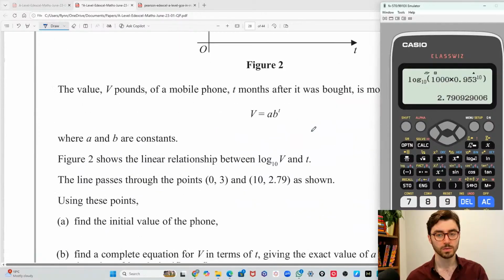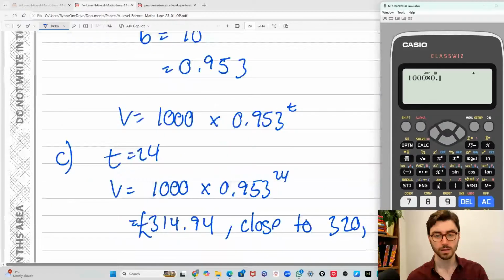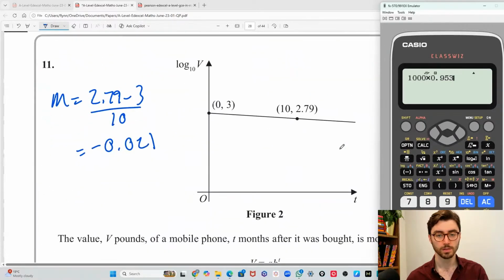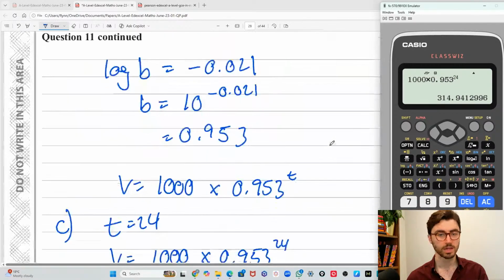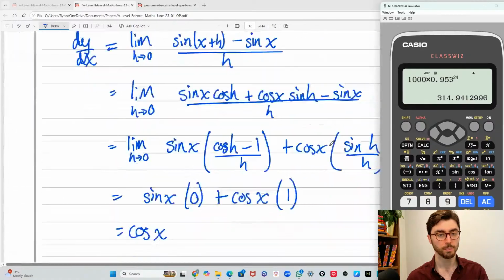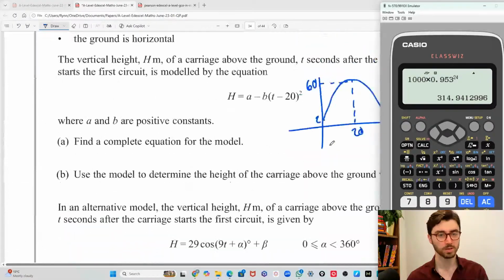So V is 1,000 times 0.953 to the, what did I say, 24? Is 315, which is very close to the 320, so good. Yay. 12, I did that, it was fine, no issue. 13,